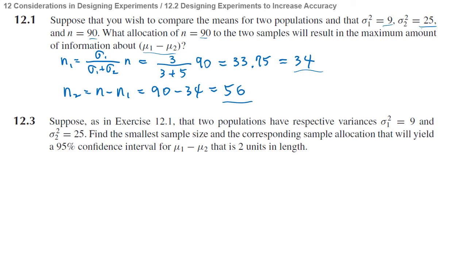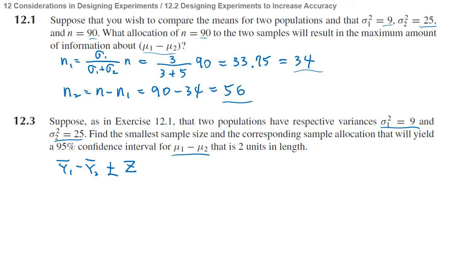Suppose, as in exercise 12.1, that two populations have the same respective variances. Find the smallest sample size and the corresponding sample allocation that will yield a 95% confidence interval for mu1 minus mu2 that is 2 units in length. So for the 95% confidence interval, that's y1 bar minus y2 bar plus or minus,